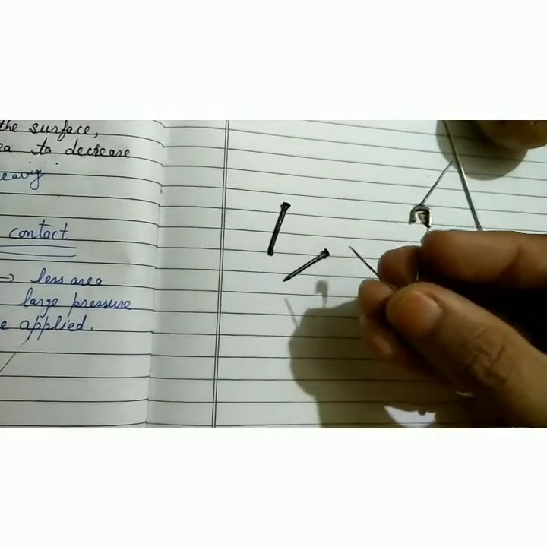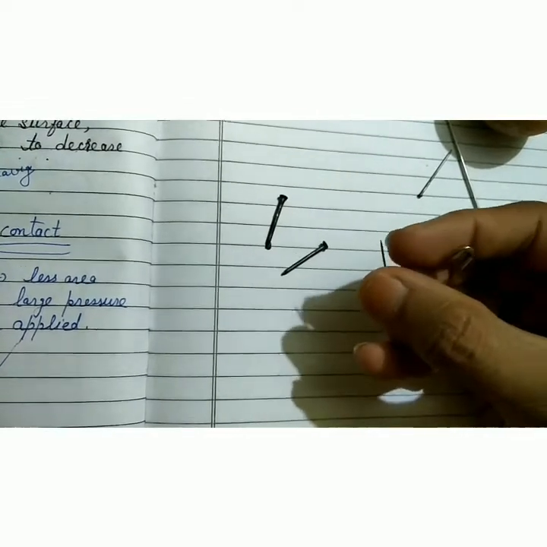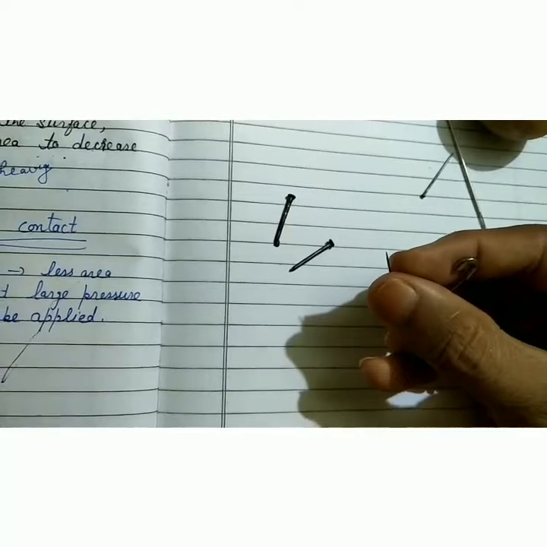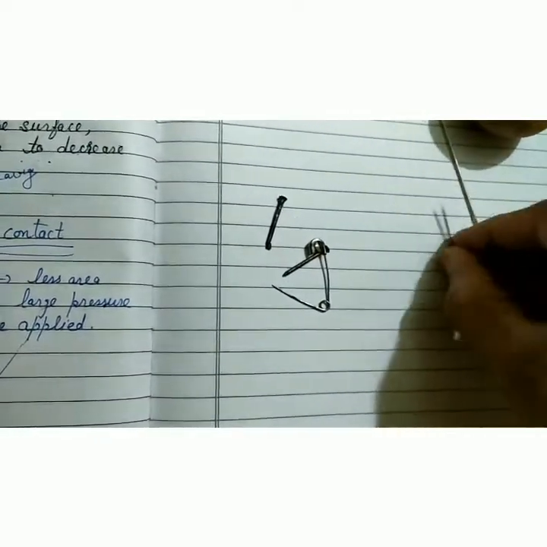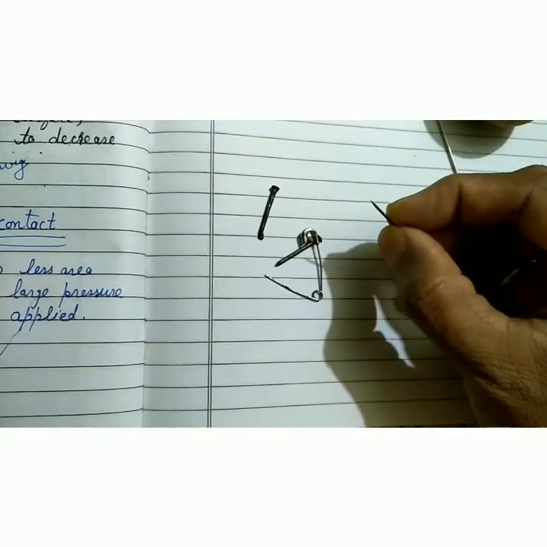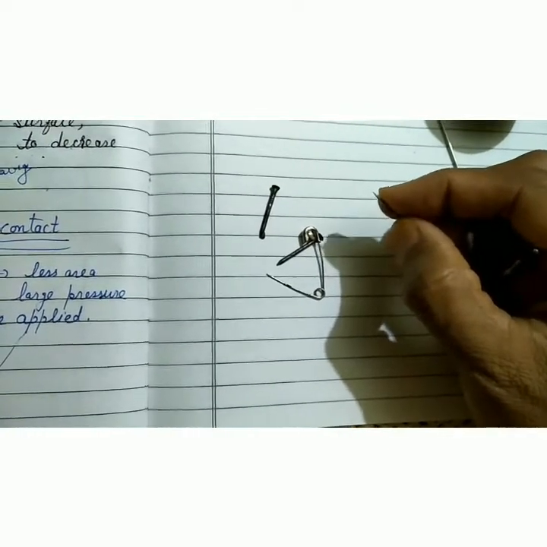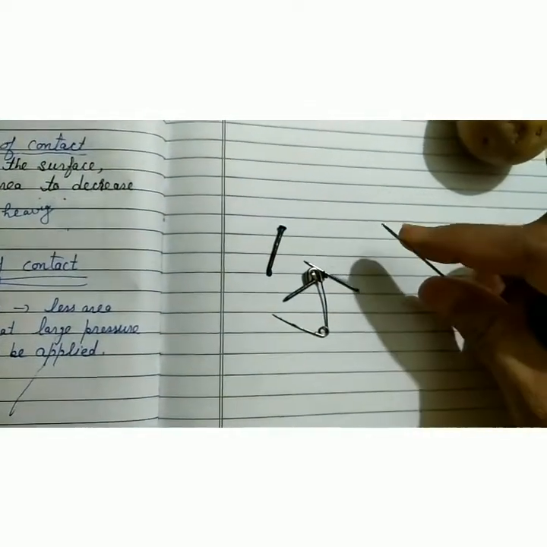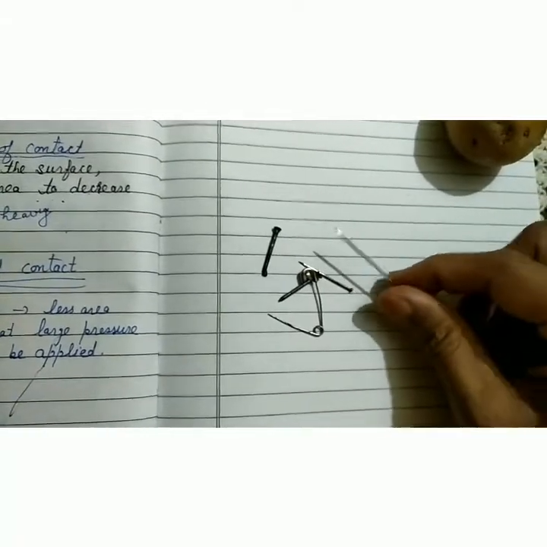Similarly, we have so many other examples like this. We have the safety pin. It's this side which goes inside the cloth, and it is very sharp. So here we have decreased the area so that we can increase the impact of pressure. Similarly, we have this paper pin. We can insert this paper pin easily wherever we want if its tip is sharp. Okay, and this is the needle. The needle has a sharp tip so that it can easily go inside the clothes which we want to stitch.